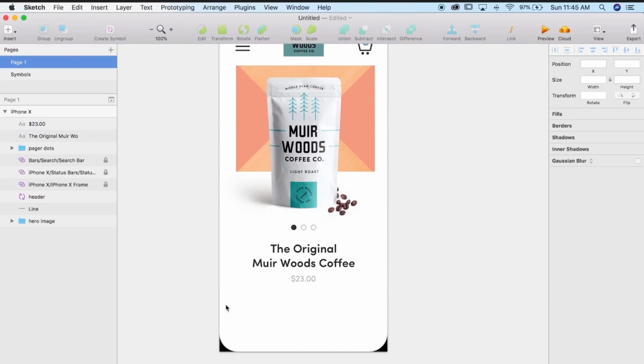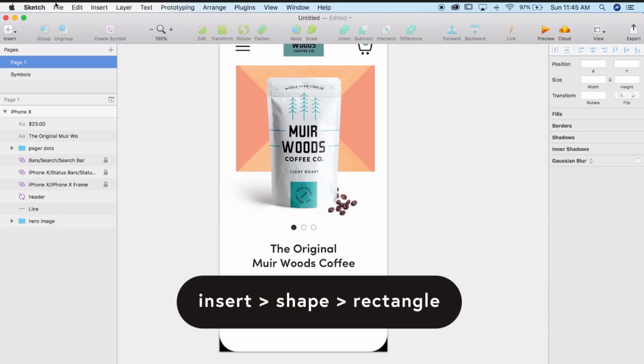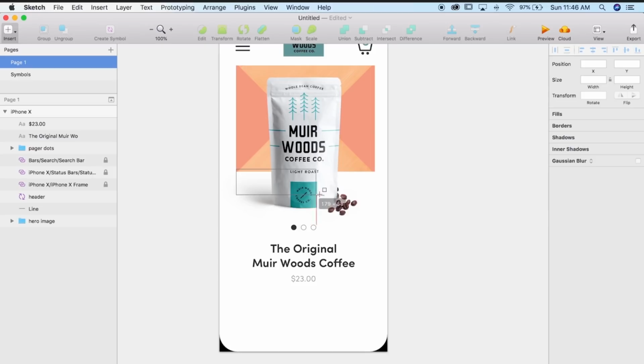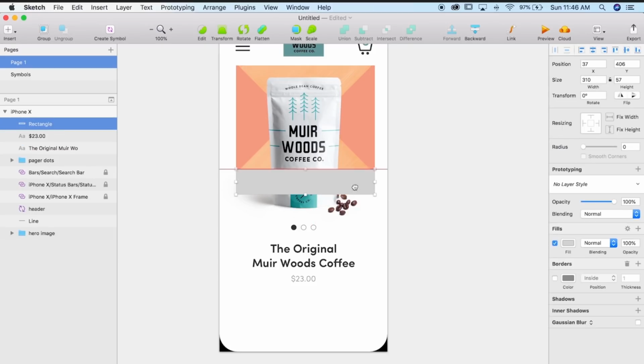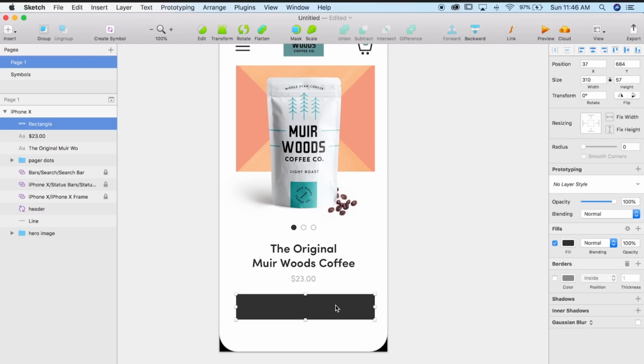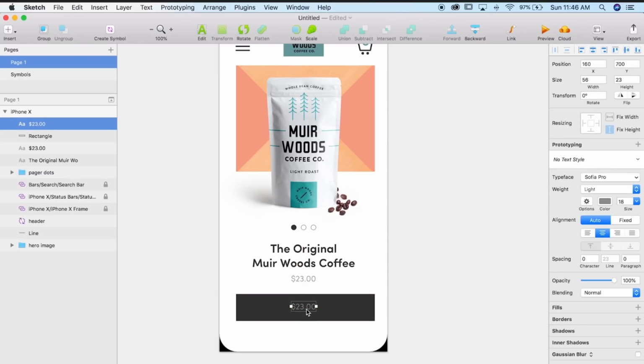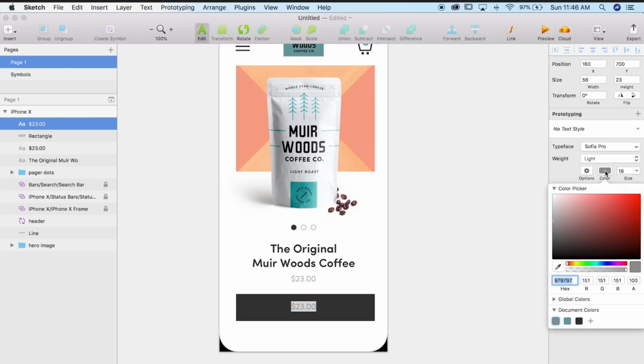So that's looking cool. Now I want to add a sort of call to action button. So what we want people to do, we want them to buy this. So let's go ahead and insert a rectangle. And I'm just going to copy the same width as what my hero image container is for now. So 310. Let's just bring this down. I'm going to go with my darker color. And let's just make sure this button's a nice size. So 310 by, let's say 60. That'll be good. And I'm just going to grab my 23, copy it, paste it, and use this as my text. Let's make this white so it stands out from the button. And we want people to buy, so maybe buy now.